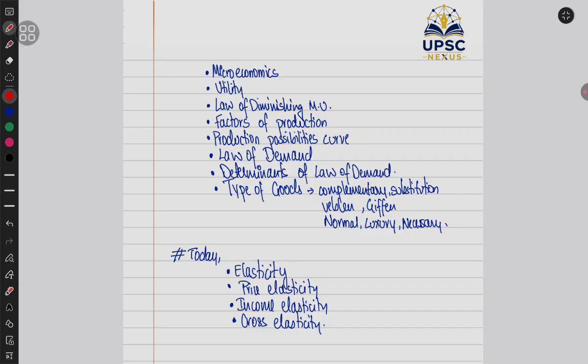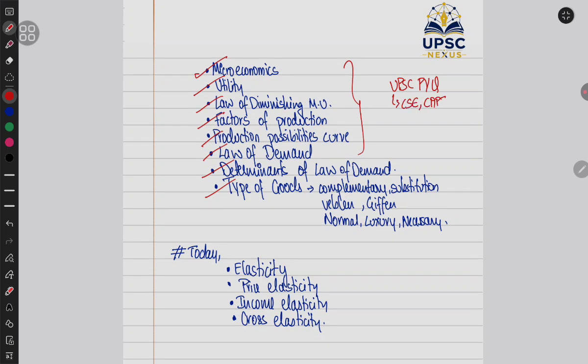In our previous classes, we have completed these topics: microeconomics, utility, law of diminishing marginal utility, factors of production, production possibilities curve, laws of demand, determinants of law of demand, and types of goods like complementary goods, substitute goods, Veblen, Giffen, normal goods, luxury, and necessary goods. Right, and also we have completed UPSC PYQs regarding this of CSC,